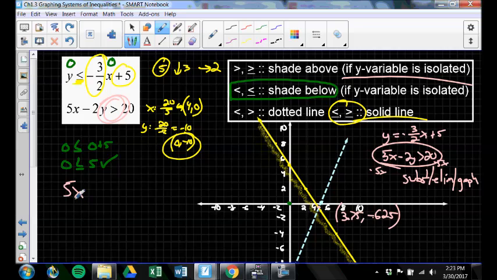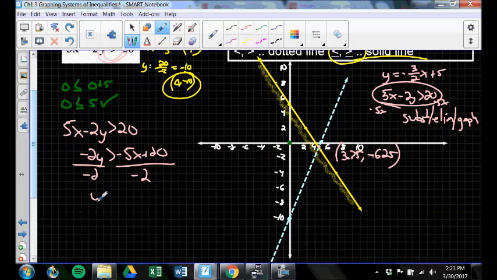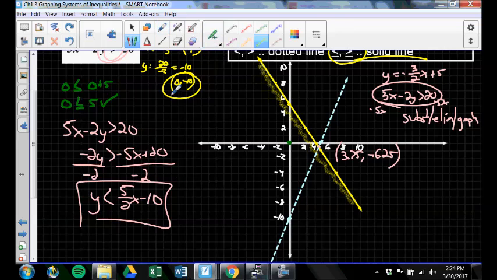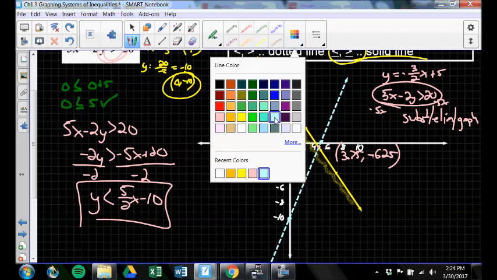So I can do 5x minus 2y is greater than 20, subtract the 5x, and -2y is greater than -5x plus 20. And when I divide everything by -2, don't forget this rule about inequalities. You divide everything by negative, and the sign switches. It becomes less than, which means I'm shading below this line also. I'll be shading here,